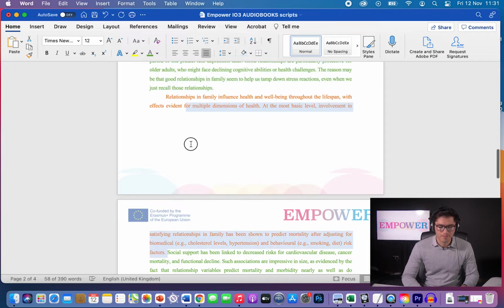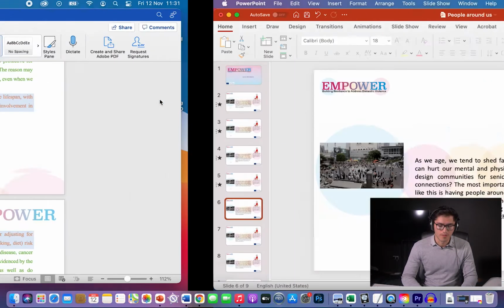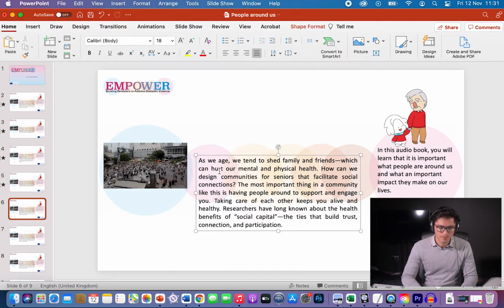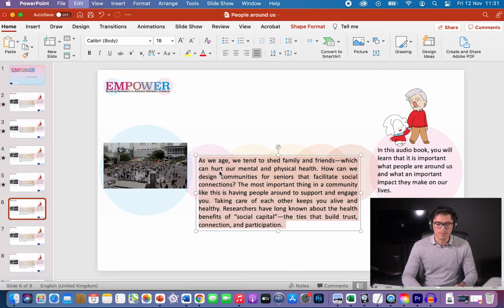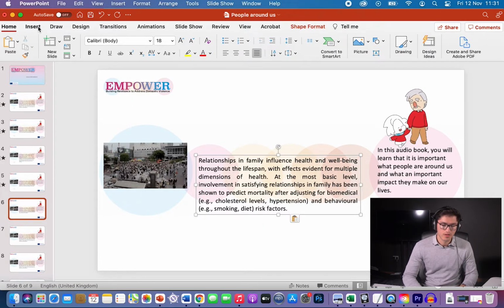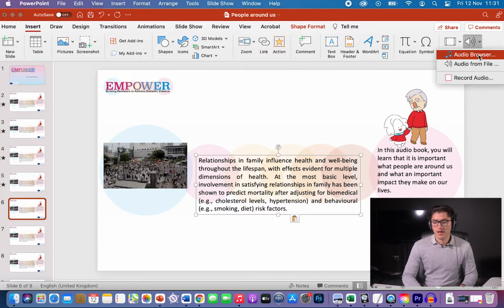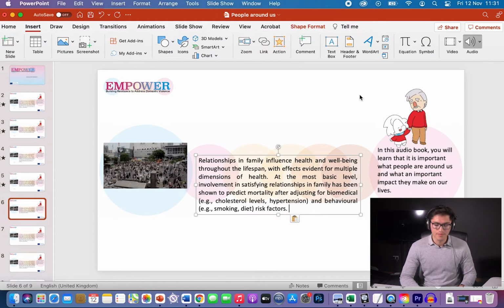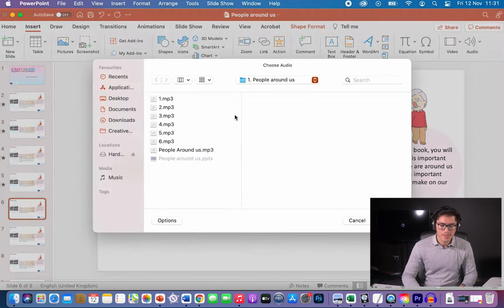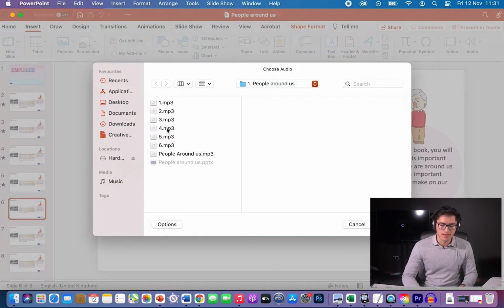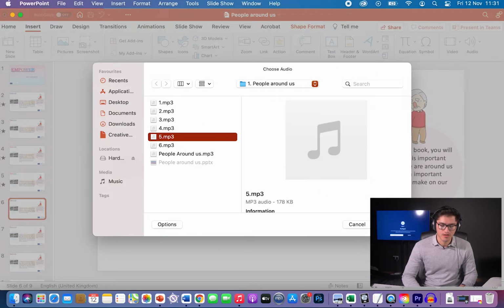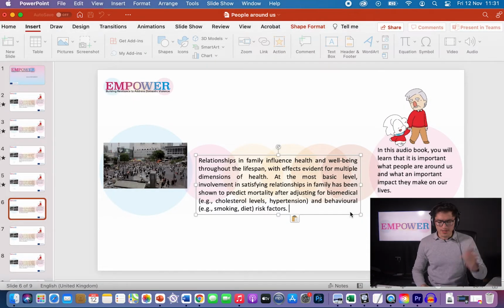Copy, select all, paste, Insert, Audio from file. This is number 5. Where are we?